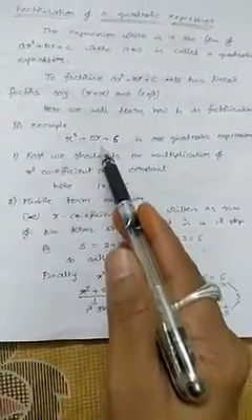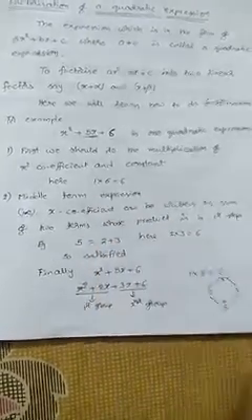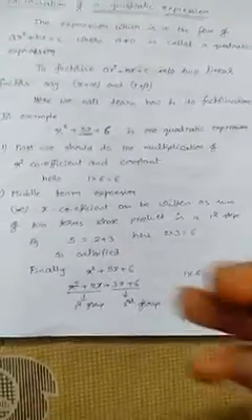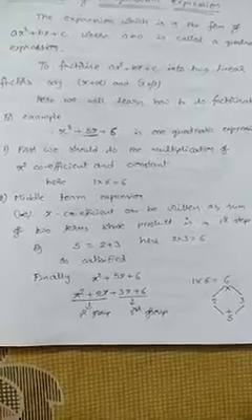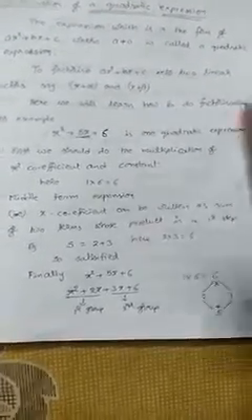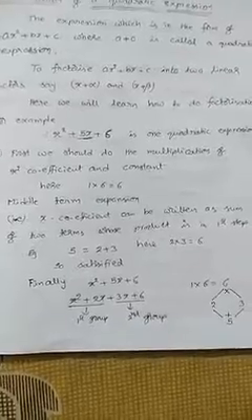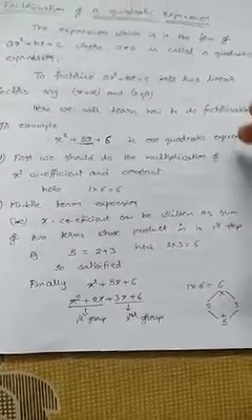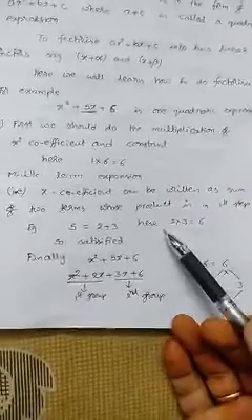Now the second step is middle term expansion. The middle term here is 5x. You have to write this 5x as a sum of two terms. That is called middle term expansion. Somebody may write 5x as 1x plus 4x, 2x plus 3x, 3x plus 2x, or 6x minus x. Whatever you want, you can write, but those should not be considered. There is a unique way to write 5x as a sum of two values. The condition is that the product of those two values must be equal to 6.